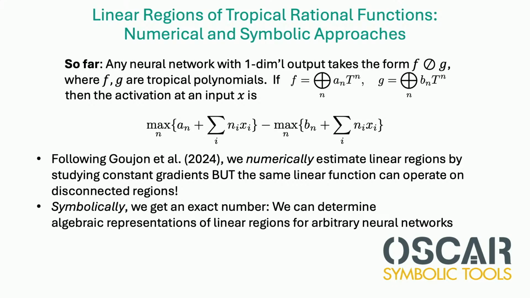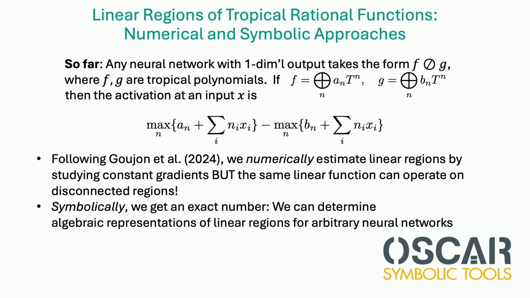We also have the symbolic approach. If you're looking at tropical rational functions as neural networks, you can also get exact numbers of linear regions by using software from the symbolic computation community. Oscar in particular is one of the libraries you can use. Oscar is really used for mathematicians, so it's not optimized for machine learning and it is very slow. But if you like writing code and you're interested in this area, a lot can be done in terms of augmenting these symbolic computation approaches for machine learning.